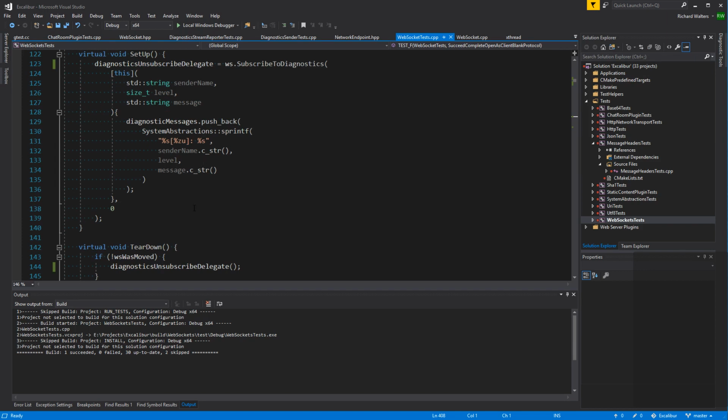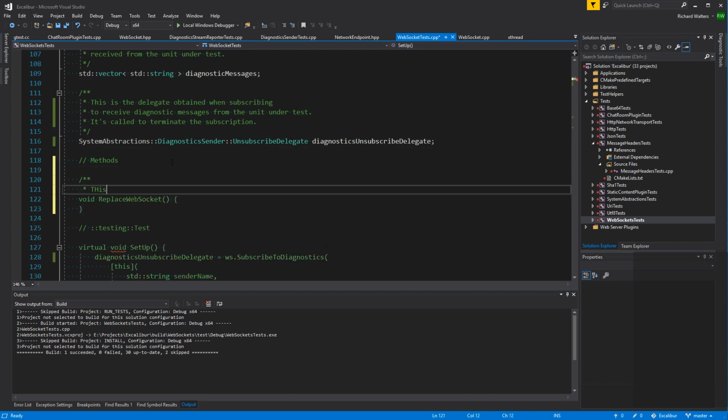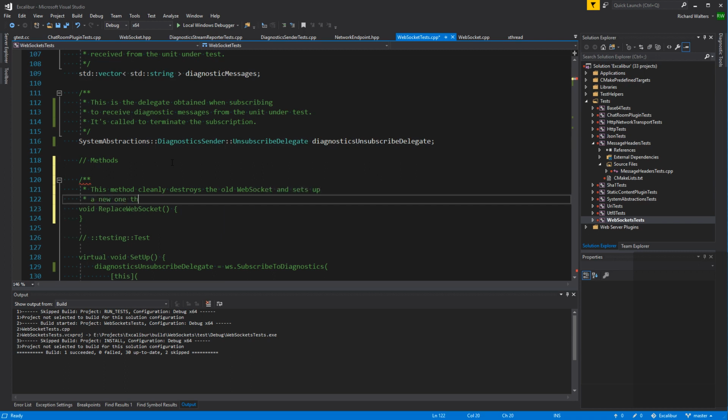So probably what we should do is have a helper method. Void replaceWebSocket. This method cleanly destroys the old WebSocket and sets up a new one that works in this test fixture.